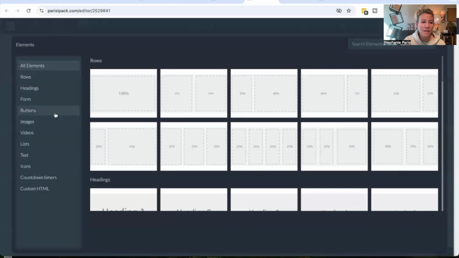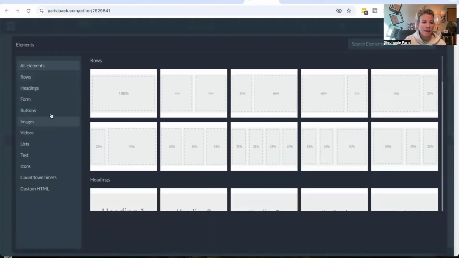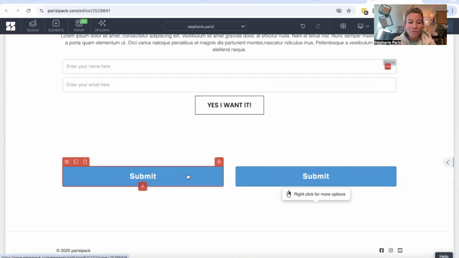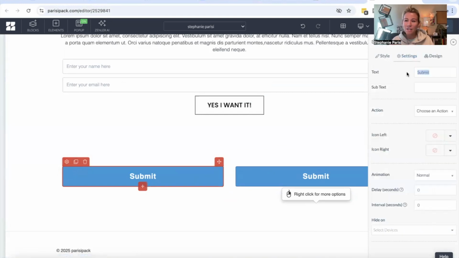We're going to add an element. We're going to add a button. And then here we're going to add another button. Okay, so you have your buttons and then you just edit the buttons, okay? And I have a hack for you on this. It's gonna help you out a ton. So here to edit it, we're gonna go to settings and then the text here is whatever you want people